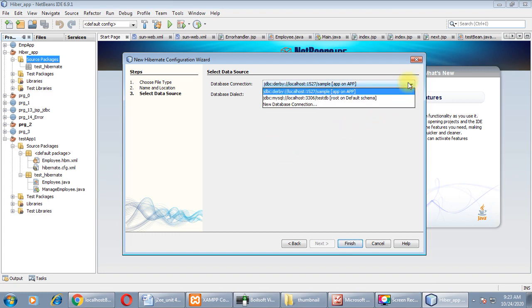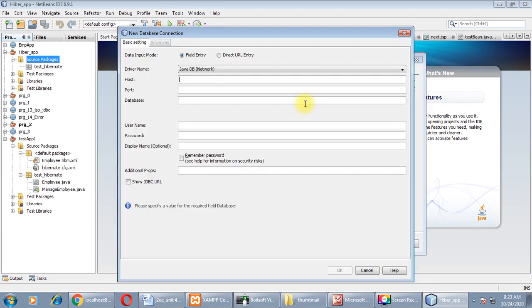So create a new database connection. Here you have to provide the name of the host, port, and database, right? Host name, port ID, and database, then username and password, if any.